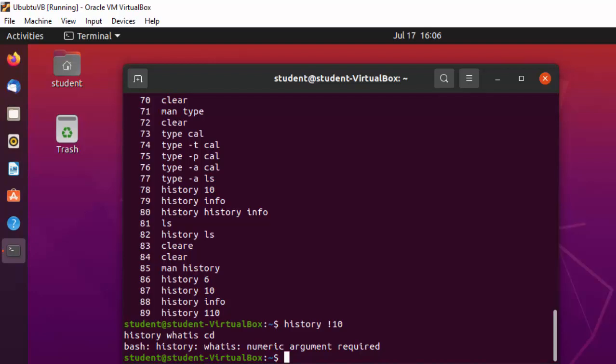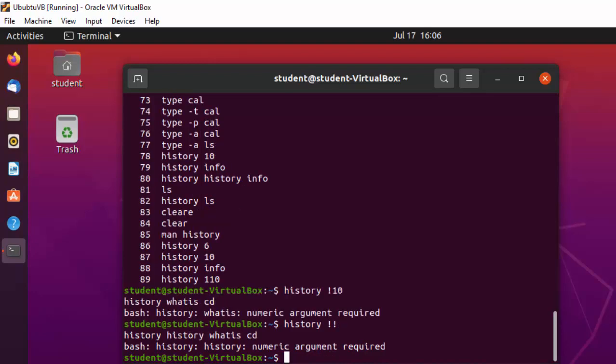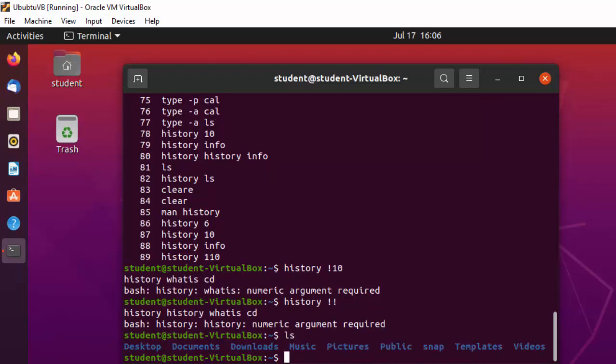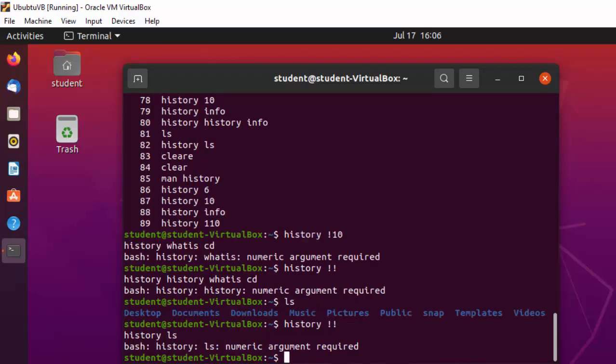Then we have history double exclamation. Again it executes the last command that was executed. So for example, if I execute ls, and now if I say history double exclamation, you can see it shows you the ls command that was executed last.